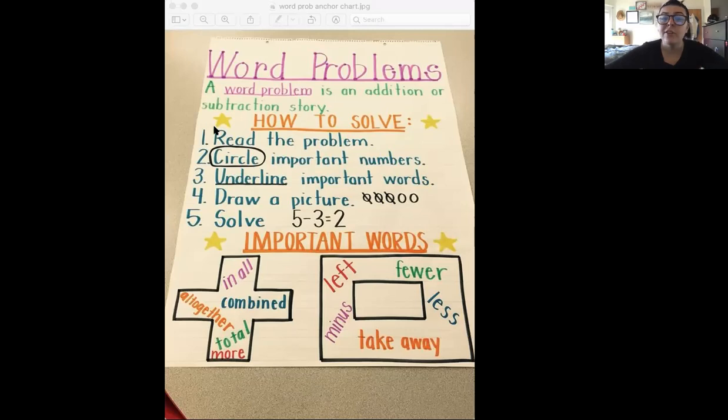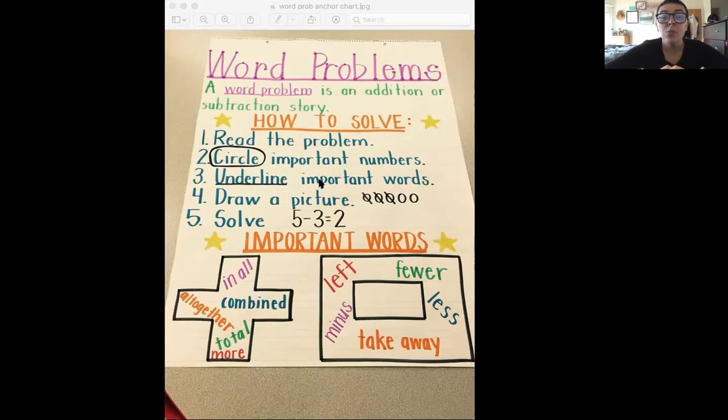And remember, when we solve it, we read the problem all the way through first, from beginning to end, and sometimes even 2 or 3 times if we don't understand it the first time. So make sure you read the whole problem. Remember, we circle the important numbers. Now, it's important that we remember that they're important numbers, because I remember before break, we also talked a little bit about